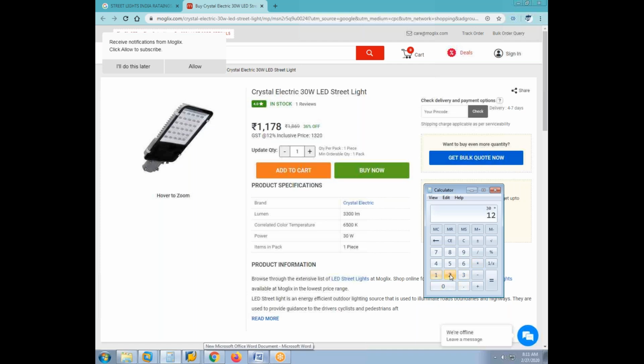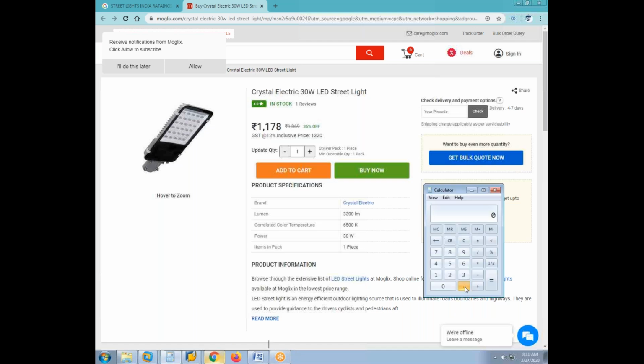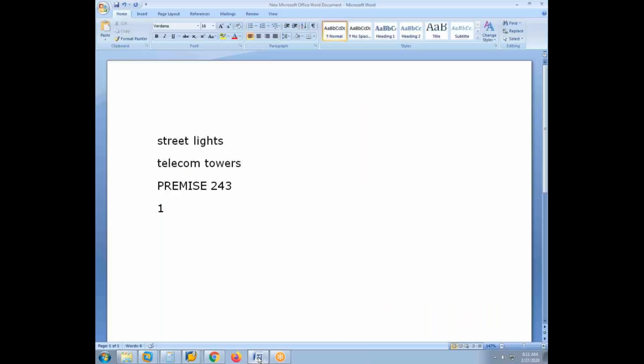So the rated consumption is going to be 360 watt hours. 30 watt running for 12 hours, so it comes to 360 watt hours, that is 0.360 kilowatt hour. The capacity of running is 0.36. Let's say in a particular area, we have around 500 such bulbs. So into 500, the total capacity for the area will come to 180 kilowatt hour